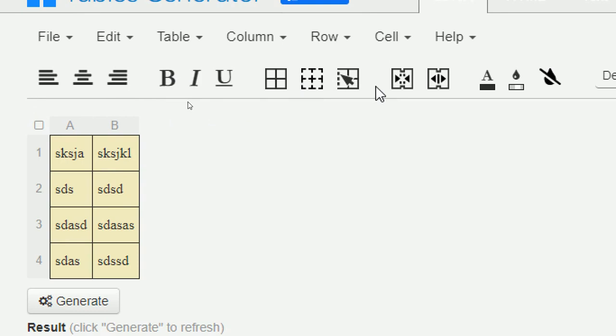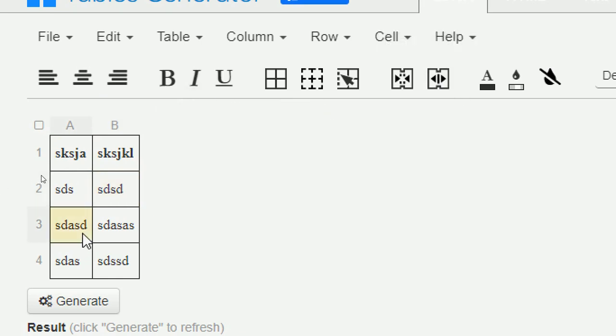It looks completely similar, so it is not needed to worry about this. After this, if I want to bold the first row of this table, I can simply select the row's text and then bold it. At the same time, if I want to give italics, you can use the italics option.